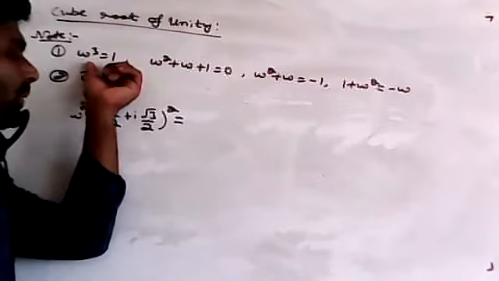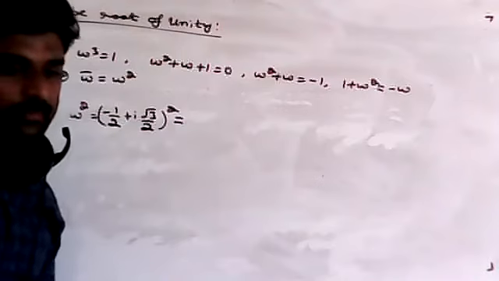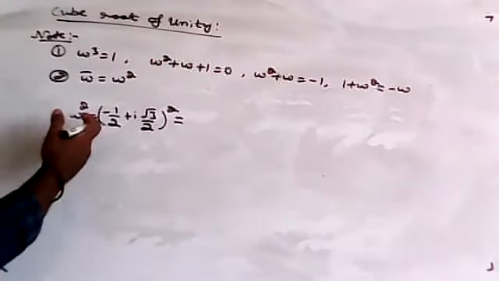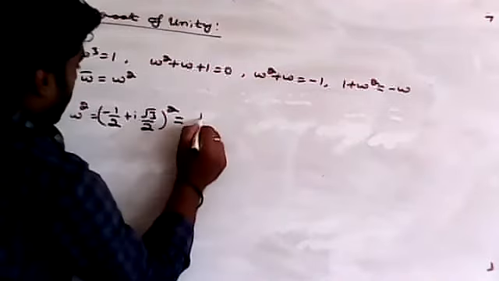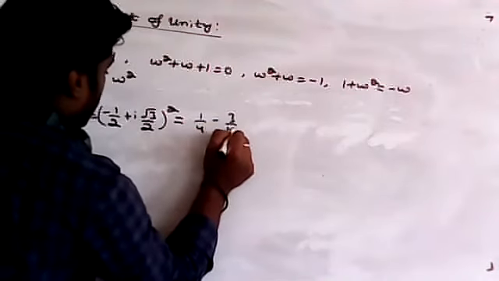What do we get here if I square? What do you get here? So cube root of unity is equal to 1. We are taking that value, it is the cube root of unity, Priti. Okay. Cube root of unity, I said, omega cube equal to 1. Simply omega square plus omega plus 1 equal to 0. Okay. Then if I square, what do you get as the answer? 1 by 4 and minus 3 by 4.